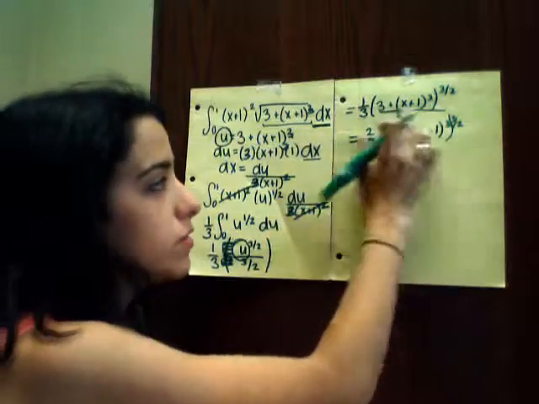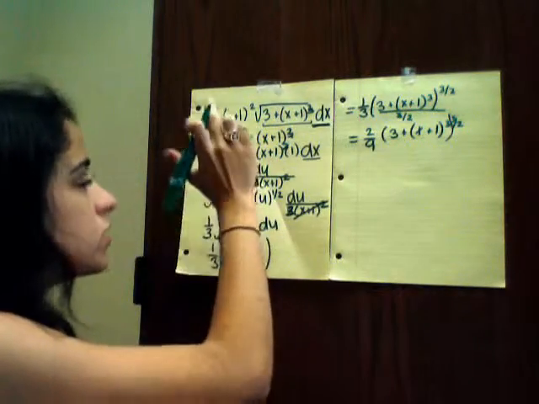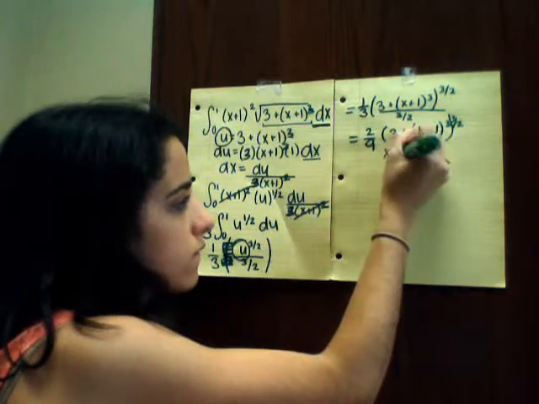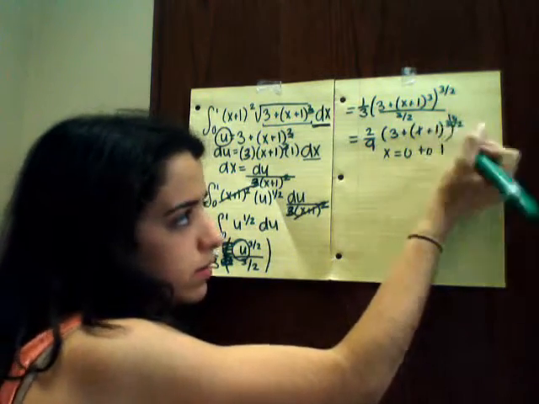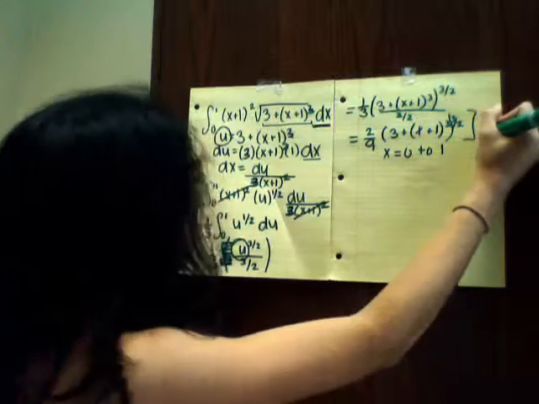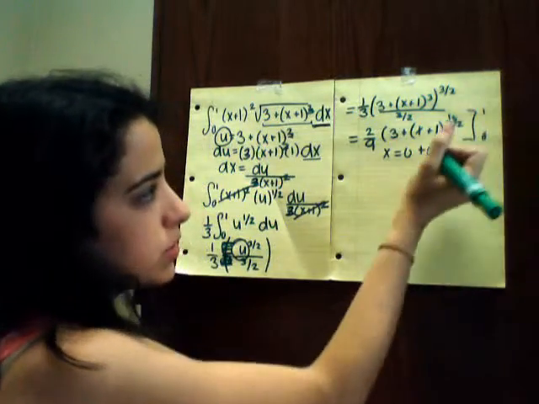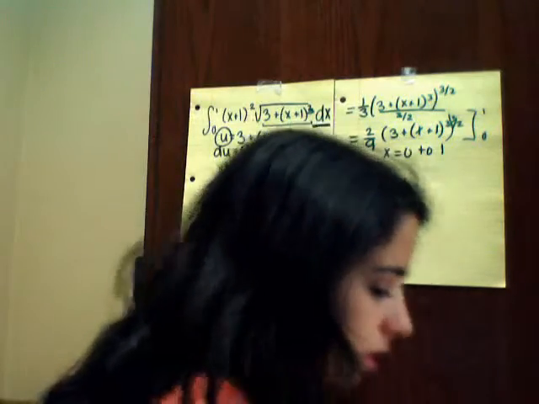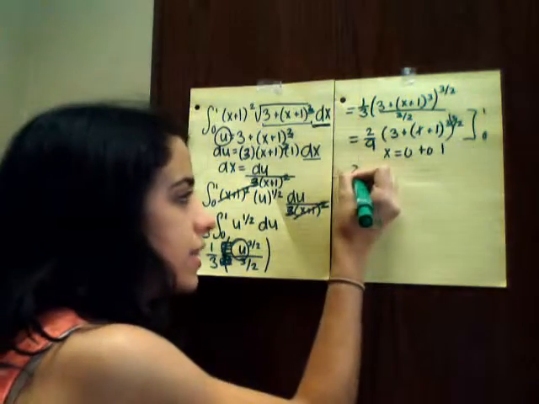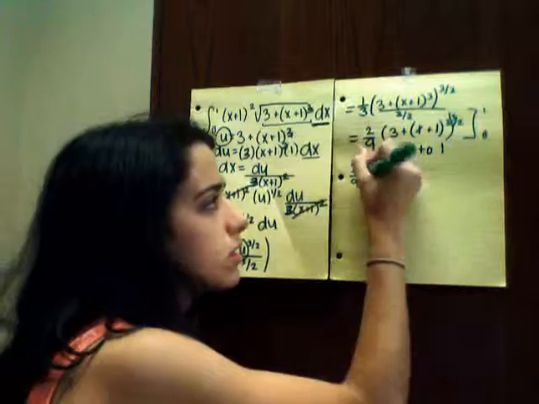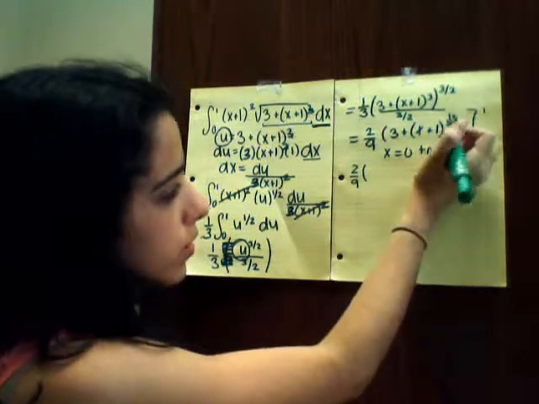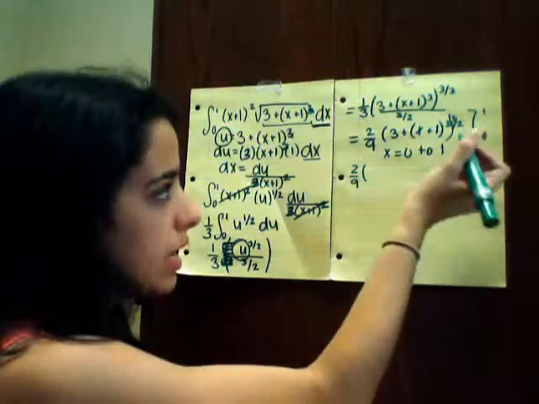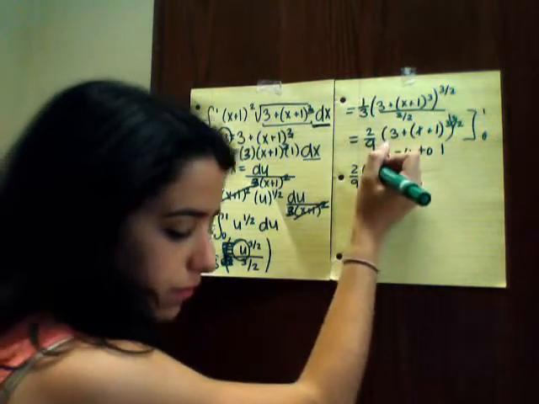Because this is the antiderivative of the solution, but we still need to find its values as x goes from 0 to 1. So I'm going to write it right here. First we need to substitute the 1, and we are going to be left with 2/9 times, so we have that 1 plus 1 is 2, to the second power is 4, plus 3, and we're going to be left with